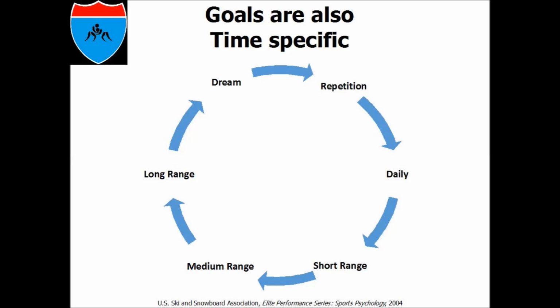particular practice. Repetition goals, this is how you actually get better at doing anything, right? You get better at doing things by practicing them over and over again. It's important to practice them the right way so you master that skill in that particular way that it's going to happen. And I suggest that it needs to be in competition, practice competitions, and then you back it all the way up to practice. But the repetition goal and the daily goal, those are things that are going to be kind of going on concurrently. And then, I think even in your competitions, the repetition of doing a skill successfully in competition a lot of times enhances and motivates people to set more goals.